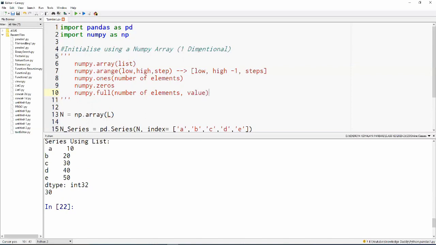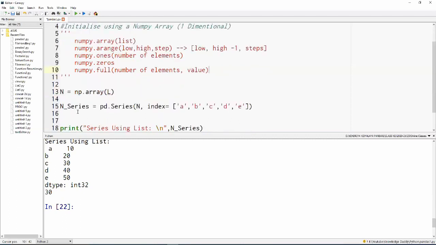So these are some of the very easy methods which you can use to create numpy arrays, and using all the 5 kinds we have written here, 1 2 3 4 5, we can use any one of them and create a series using a numpy array, right?